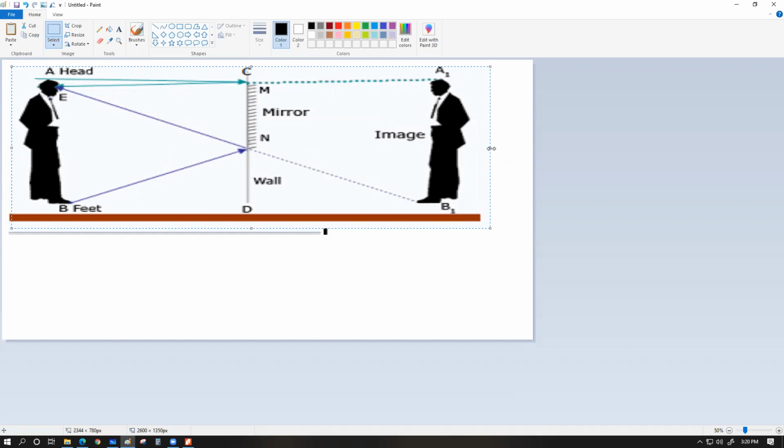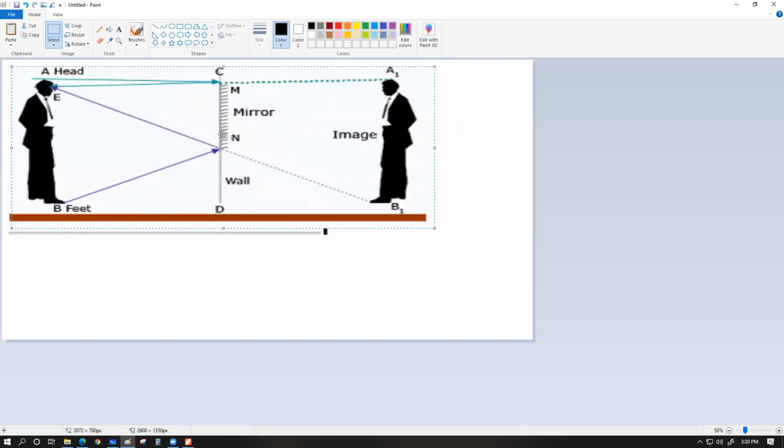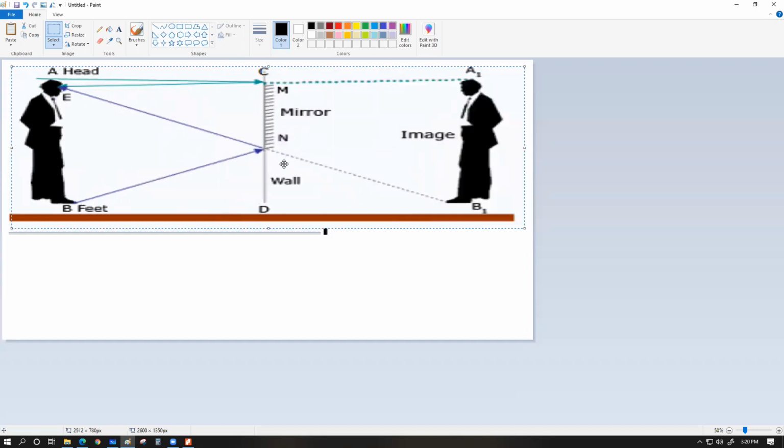You can see that the lines are becoming bigger or smaller, but the idea of the person size and the mirror size can still be the same, even though the light rays have to travel a bit longer distance to reach the person's eye. The reason is, even for this figure as well, let's choose a bit thicker line. Even for this line as well, this triangle going through the person, going all the way to this part,